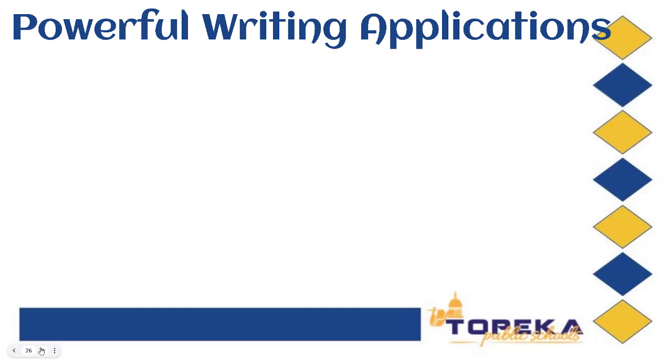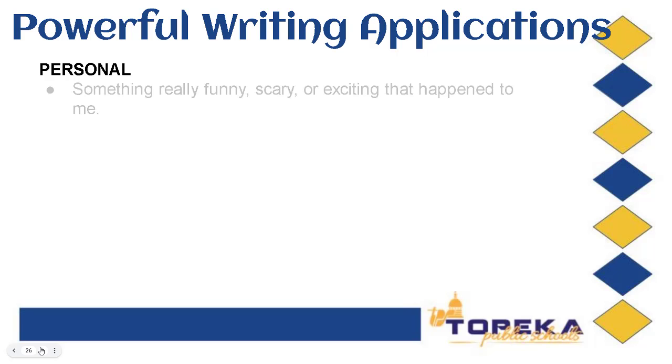So I hope you had some great ideas for informational writing with powerful writing trees. So let's look at how you could use a powerful writing tree in a personal type of writing. Maybe you ask students to write about something that was funny, scary, or exciting, and they could organize sequentially this way. Sometimes students, when you ask them to do a personal essay, it tends to be a laundry list